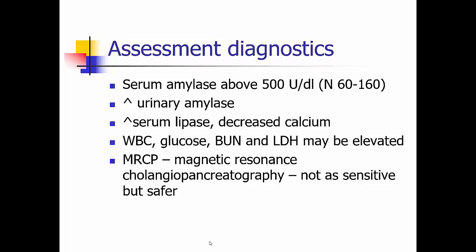Now remember, the normal serum amylase is about 60 to 160, and these serum amylases can rise above 500. Within the first few hours, both amylase and lipase are elevated, but after an attack, amylase falls faster, and that